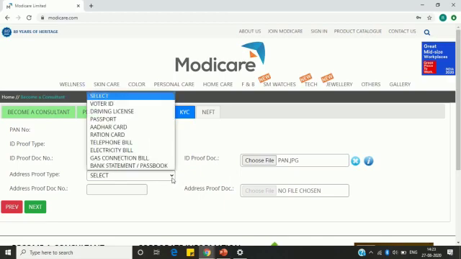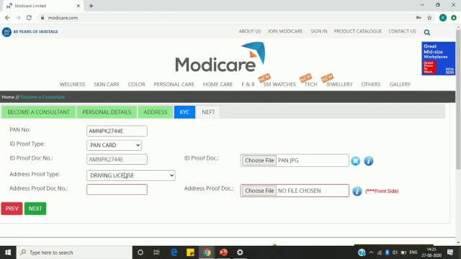Now comes the address proof. Once you click here, you can see what all documents you can upload. You can select voter's ID, driving license, passport, Aadhaar card, ration card, telephone bill, electricity bill, gas connection, and bank statement. So I am selecting driving license. So once I select driving license, I have to enter the driving license number. And please ensure the driving license number what you enter here has to match with the document what you upload.